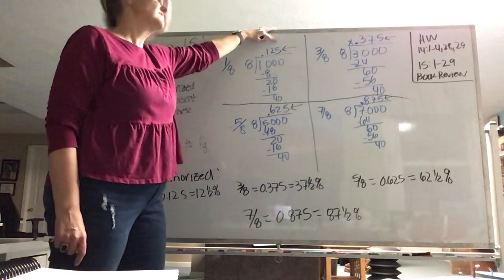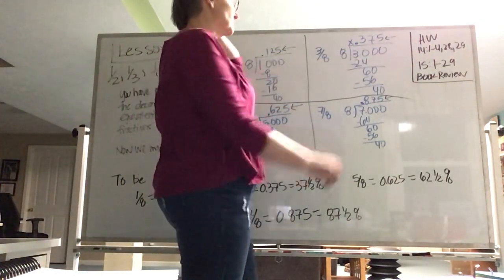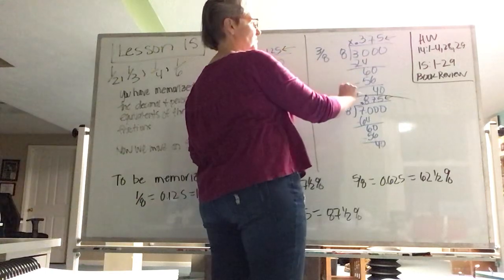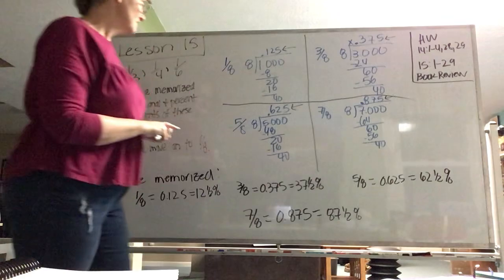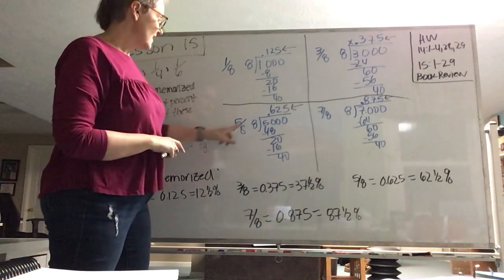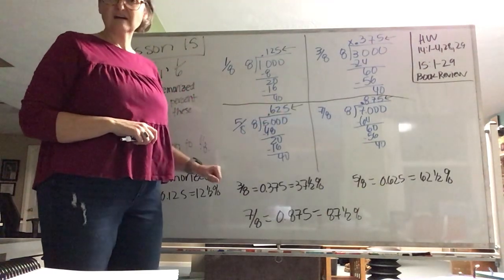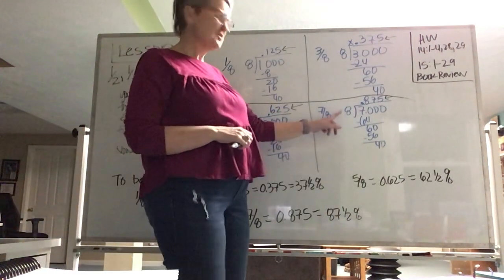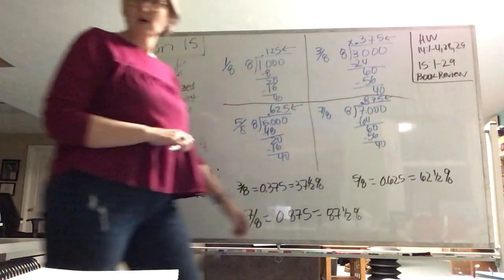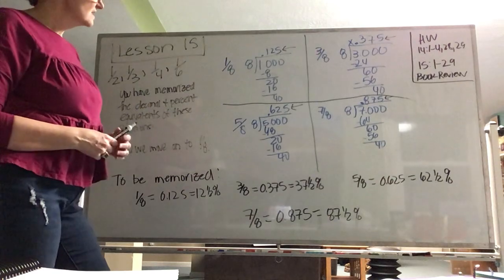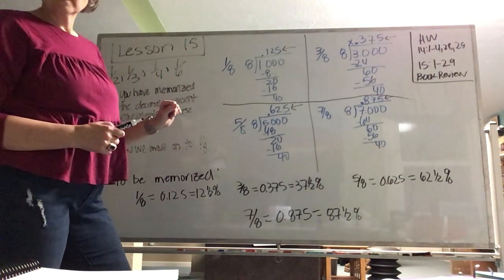0.125. You guys know how to divide. For 3/8, I did the division. I'm going to divide 8 into 3. I get 0.375. For 5/8, I divide 8 into 5, and I get 0.625. For 7/8, do the same thing. I get 0.875. What I would like you to notice is in the thousandth place of every single one of these, I